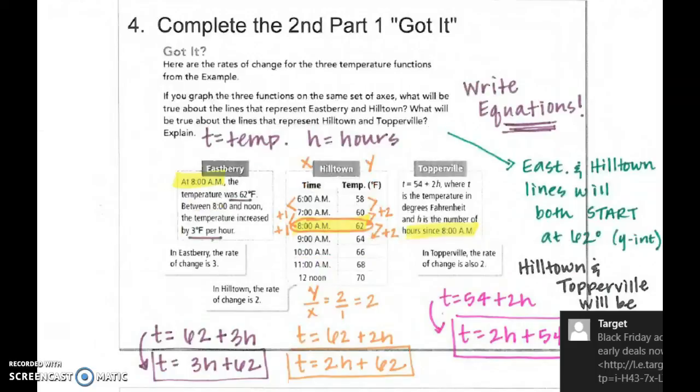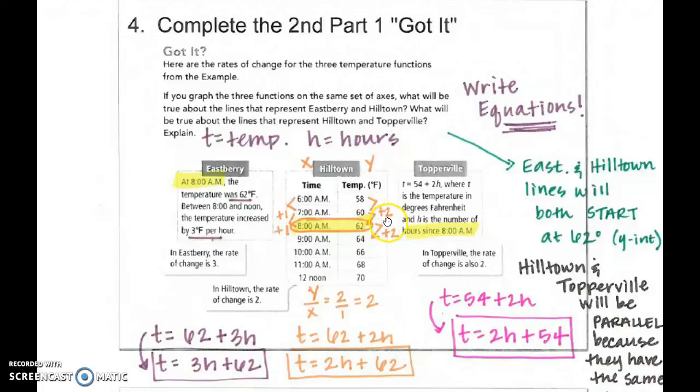For the next example, part 1 got it. So kind of check to see if you guys have been doing okay with this. We've got 3 towns this time: Eastbury, Hilltown, and Topperville. In Eastbury at 8 o'clock, which looks like it's the starting time for each of the 3 towns, the temperature was 62 degrees Fahrenheit between 8 and noon. Then it increased by 3 degrees per hour. So what we're going to do is temperature equals 62 as our starting temperature plus 3 degrees per hour. Again, highly recommend rewriting it in slope-intercept form where the temperature equals 3 degrees per hour,